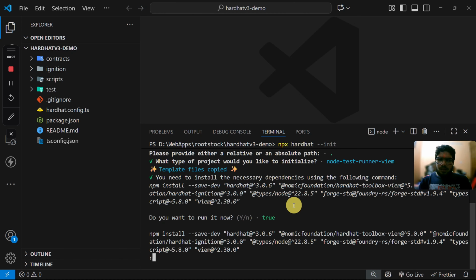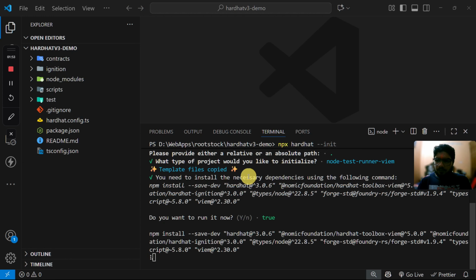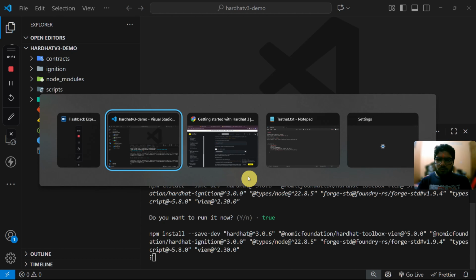Okay. So while this works out, I'll walk you through what Rootstock is all about. So Rootstock is like bridging the gap between smart contracts and Bitcoin's security. So Rootstock operates as a smart contract platform and as a sidechain to Bitcoin. Thus, it brings the best of both worlds together: the security of Bitcoin and the smart contracts flexibility of Ethereum. Okay, so while Hardhat and its boilerplate code is being installed in our system, let's head on to setting up